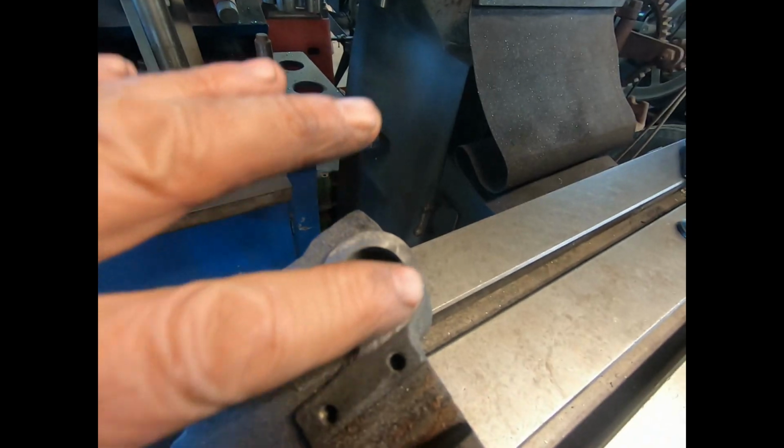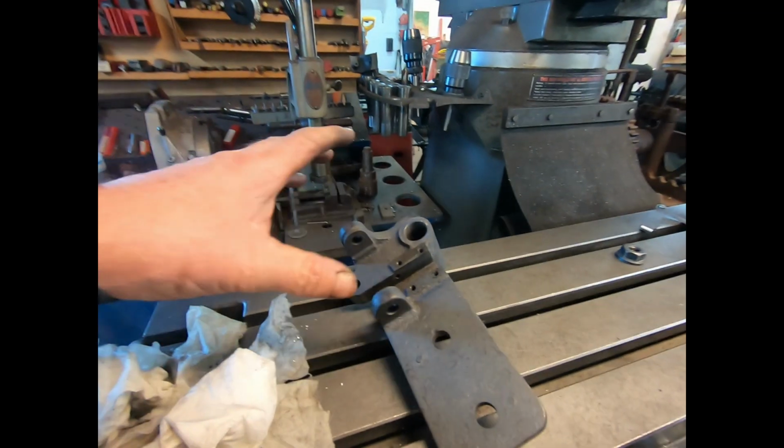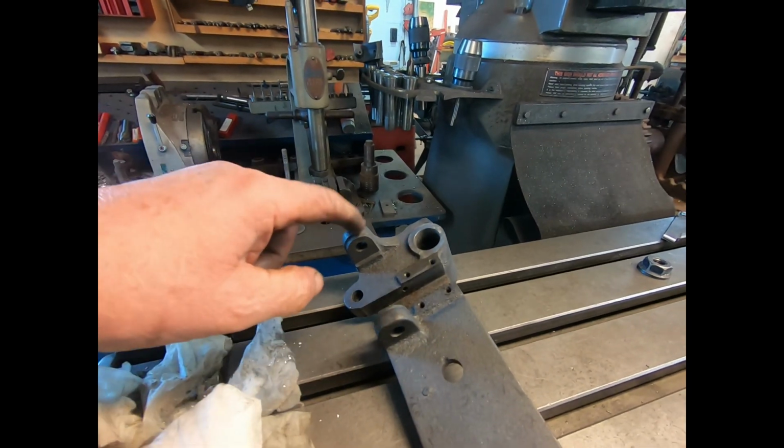Okay, that's how it came out. Looks pretty good. So that's it for that. Now we've got to bore these out, and